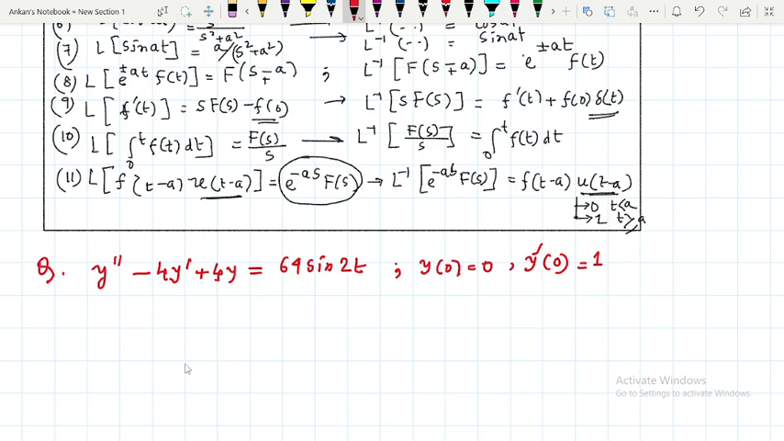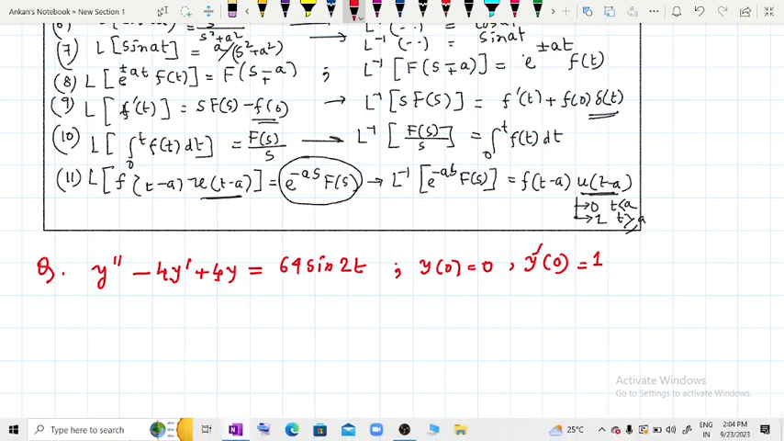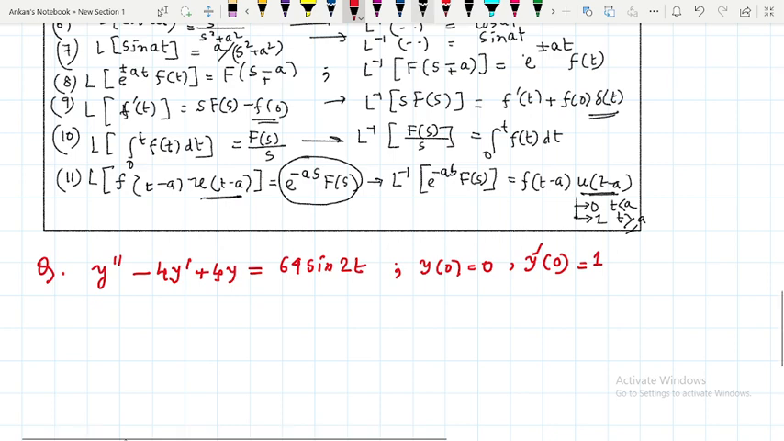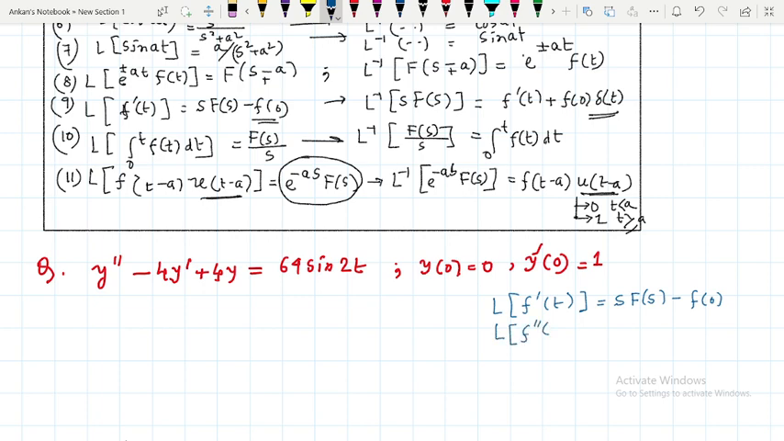For this we have to take the Laplace transformation on both sides, and we have to apply the differentiation formula. What was the differentiation formula? Laplace transform of the first derivative is sF(s) minus f(0), and Laplace transform of the second order derivative was s square F(s) minus s f(0) minus f prime(0). Okay,